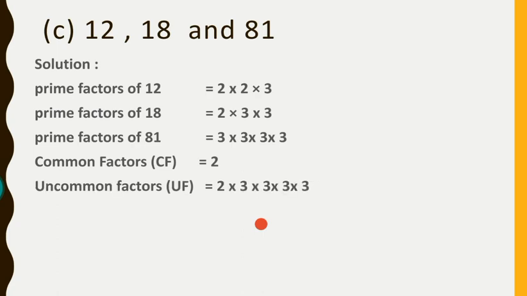And uncommon factors are 2 into 3 into 3 into 3. So LCM of 12, 18 and 81 is CF multiplied by UF, and putting the values, the final answer is 324. Okay, you can solve